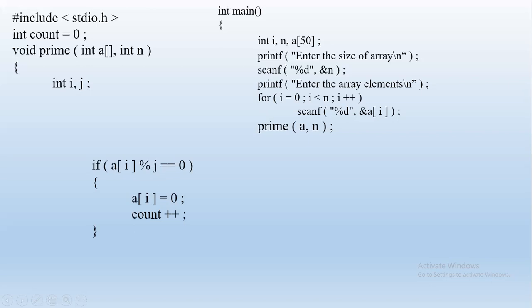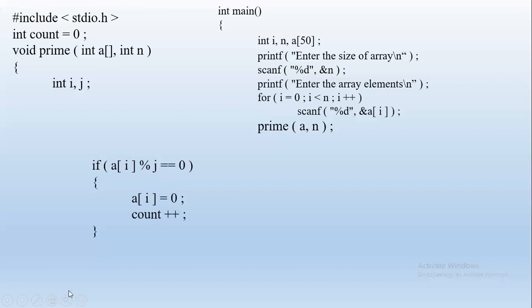So we will start dividing each number by 2 to find if it is prime. So J will start from 2. Okay, so A of 0, as per the input we saw, 3, 4, 5 we have given, right? So 3 is A of 0. Is it divisible by 2? 3 % 2 will get remainder as 1, right? So it is not equal to 0. So condition is false, right? A of I is 3, 3 % 2 not equal to 0. Condition is false. It does not enter the condition.